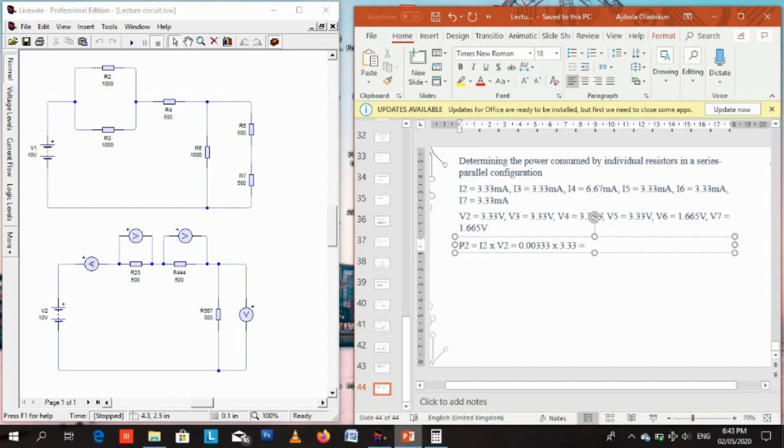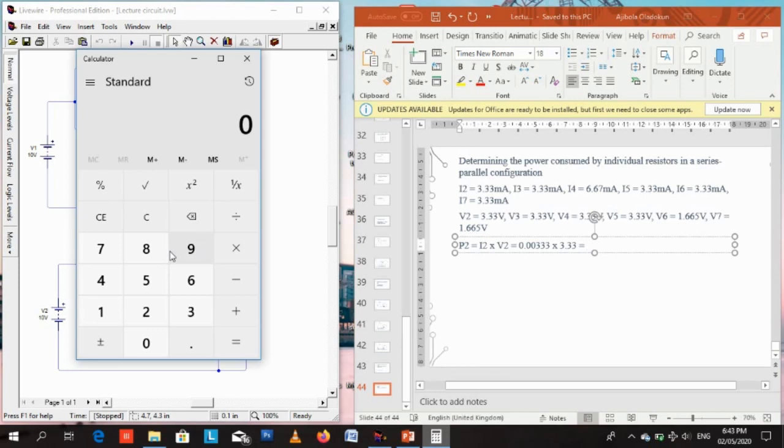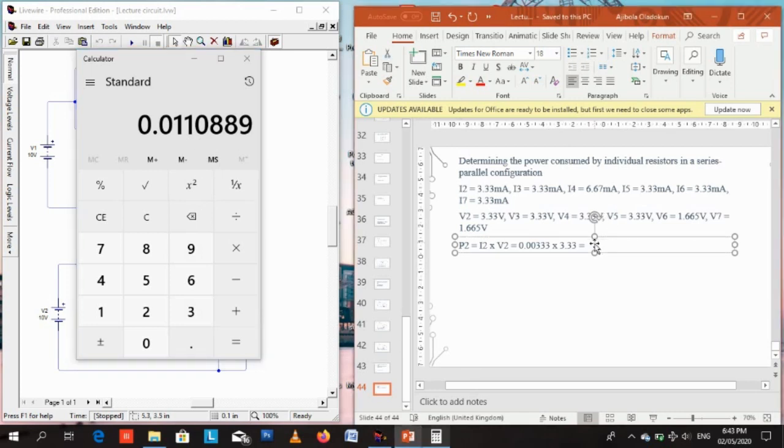It's not compulsory that you have to use IV, like P equals IV. We also said that apart from P being equal to IV, P is also equal to I square R. It's also equal to V square over R. For convenience's sake, usually IV seems the most convenient of the three forms, but they are all the same. So you multiply the two together, you have